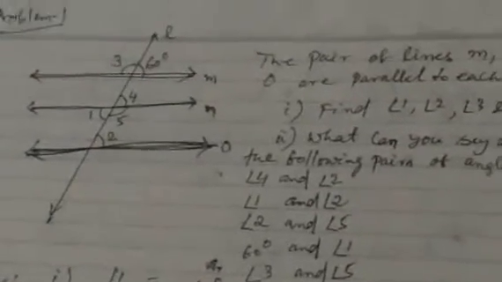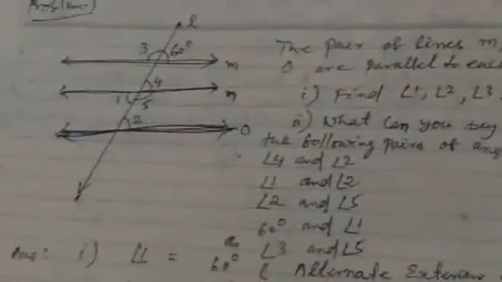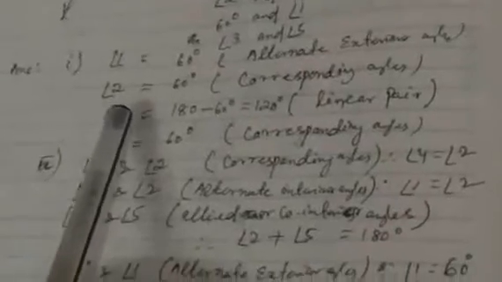Okay, so let us see how to answer this. Look at this figure, the same question. You have to find the angles 1, 2, 3, 4, and all that is asked in the question. First you see 1 and 60. These are exterior alternate angles. 1 is here, 60 is here. Therefore, you can tell 1 is equal to 60 degree. It is an alternate exterior angle.